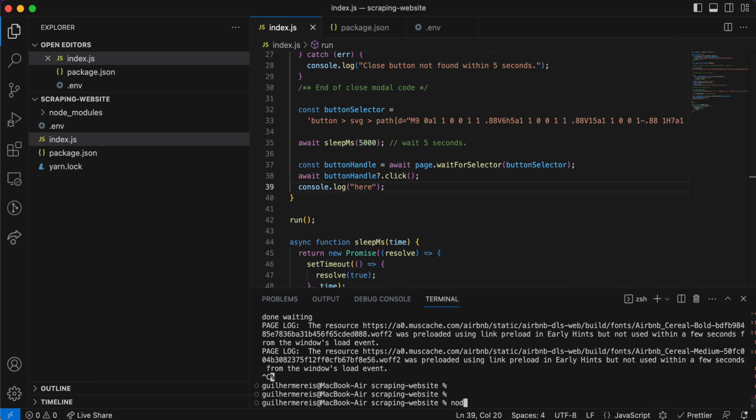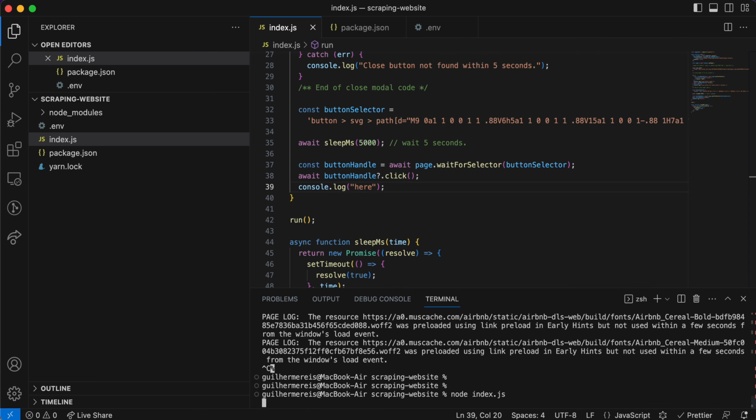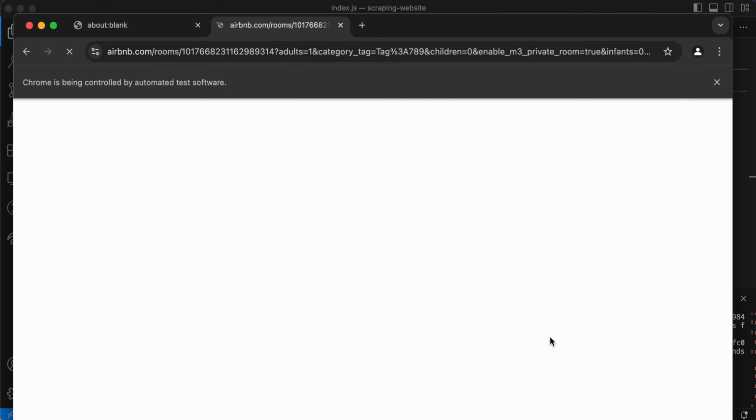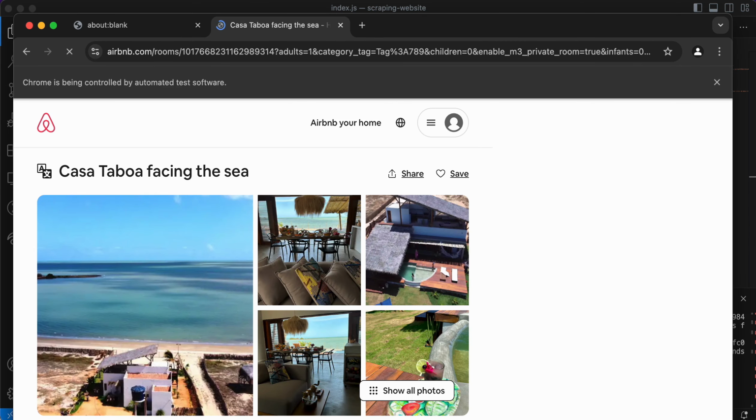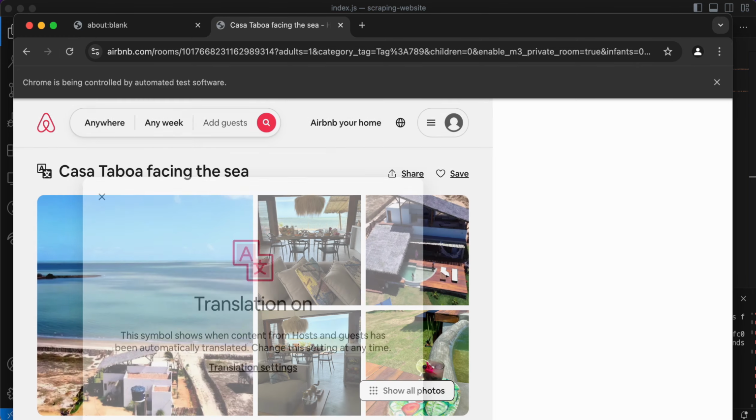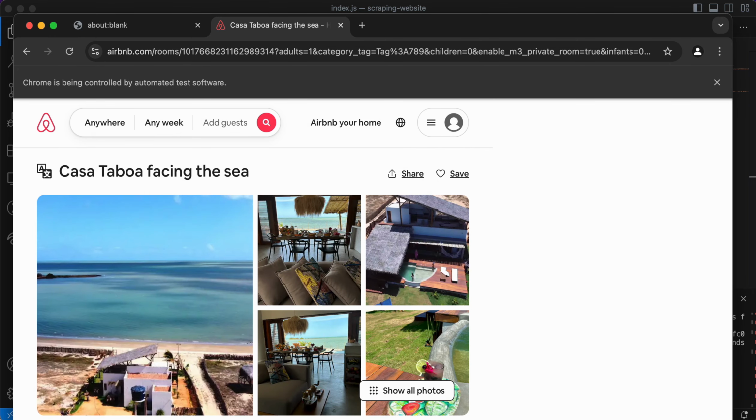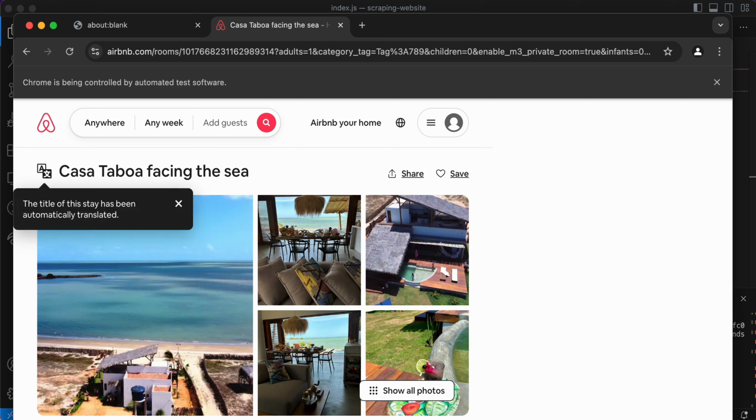Let's see. Yeah, automatically close the window, the modal. 1, 2, 3, 4, 5. Yes, I think